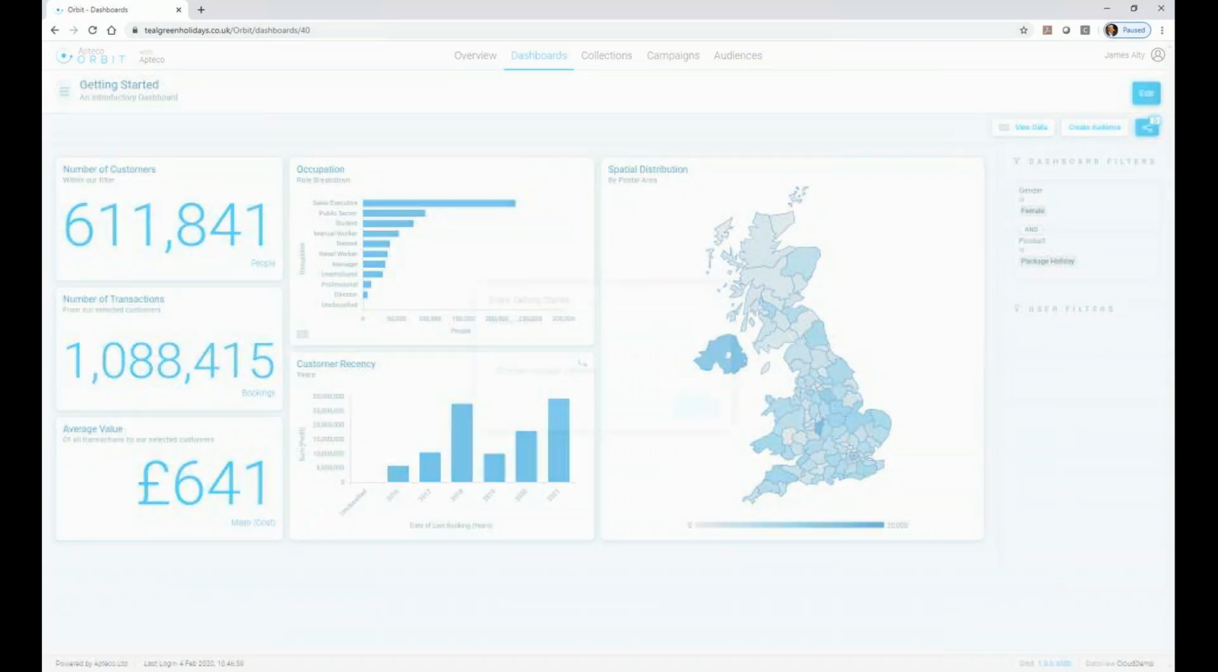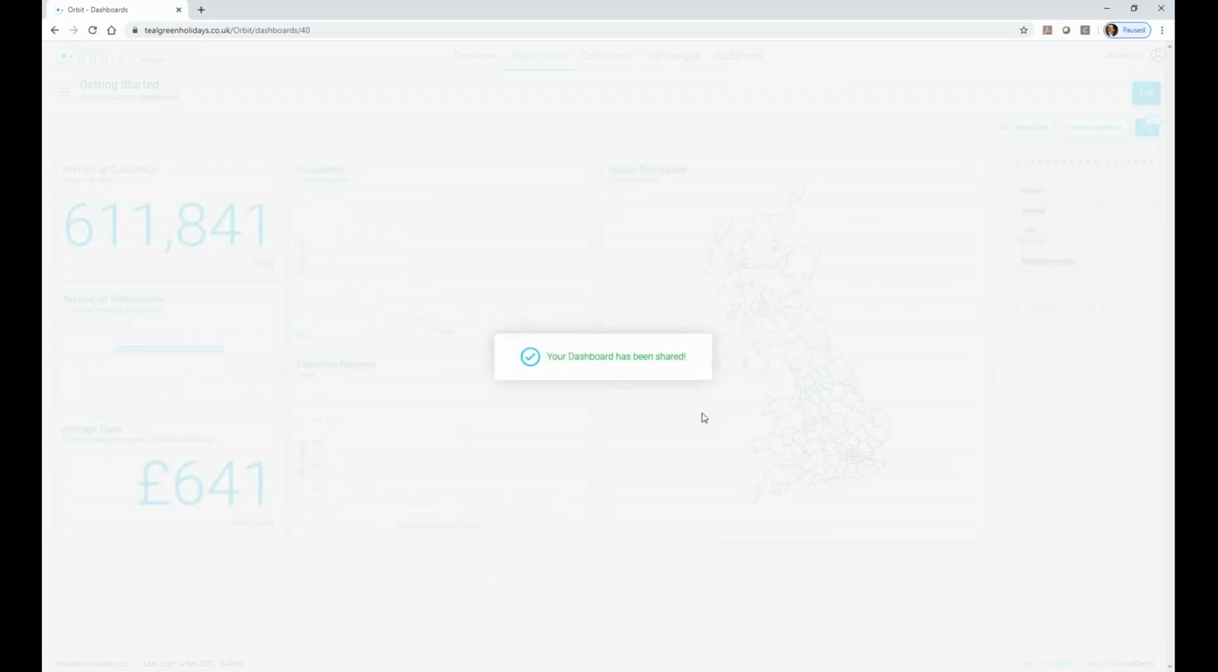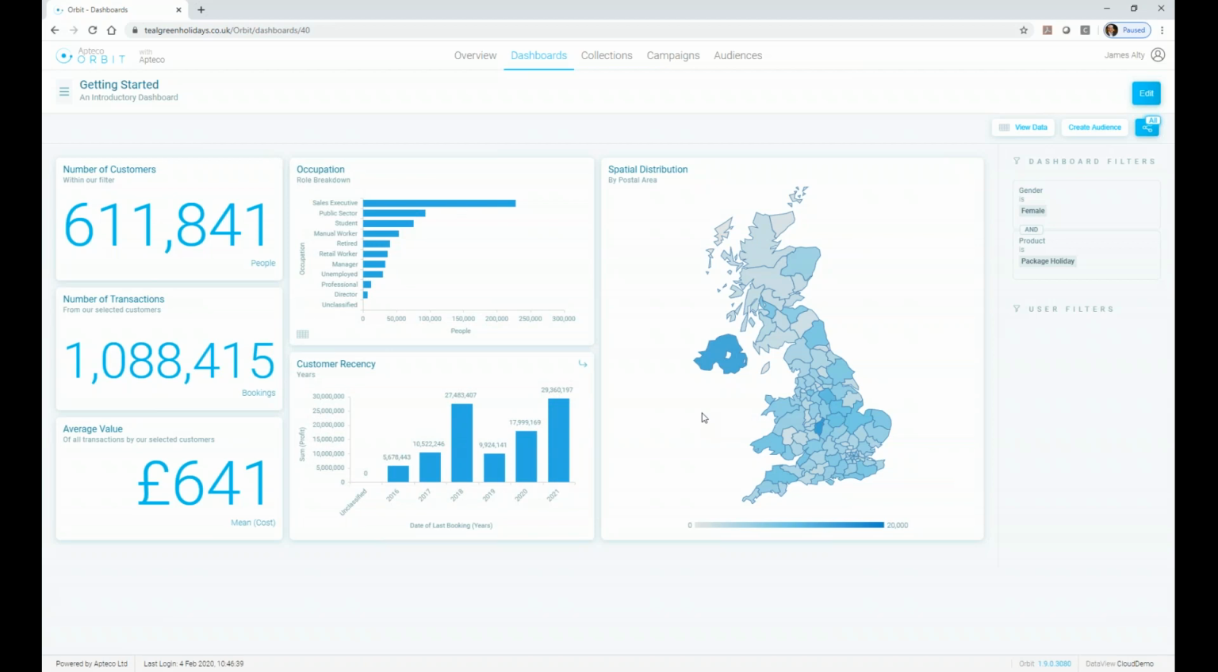I can also share this dashboard, so it's available to other users. If I click the share button at the top right hand corner, I can share with individuals, I can share by email address within permitted domains set by your administrator, or I can share in this example with a special group called all, and that is all users who are currently on my Orbit platform, or who join the platform in days and weeks to come. So this will be available to all my users. So let's just share that. My dashboard has now been shared,